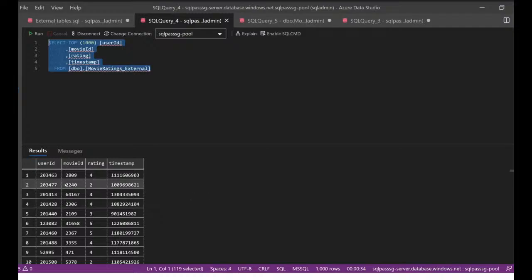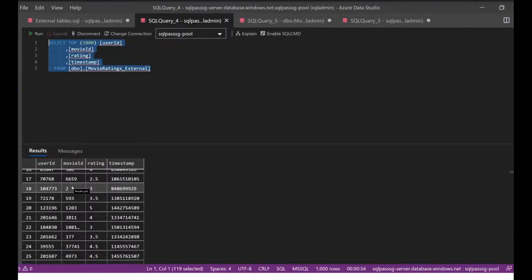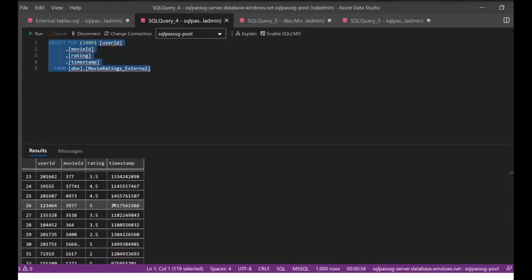Okay, so you can see that here it's now able to get the data from that CSV file or from the storage account. Now this data is not in the managed table or the internal table. It is an external table.